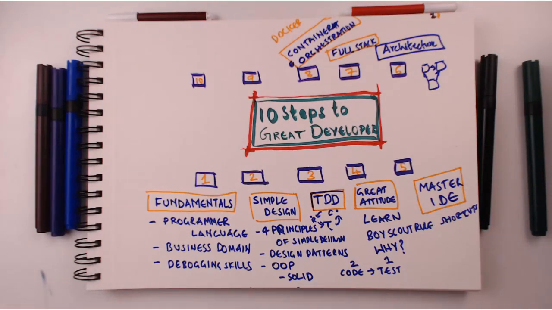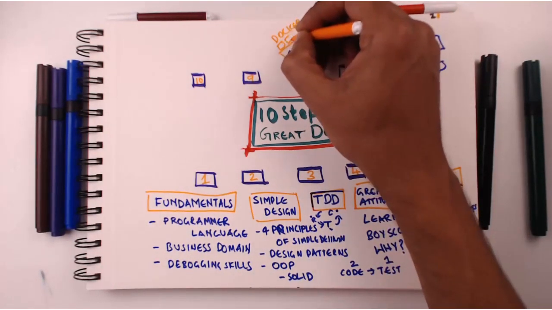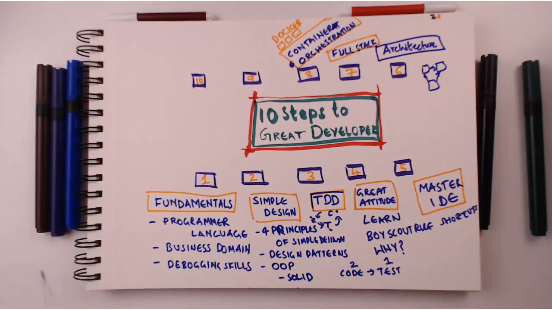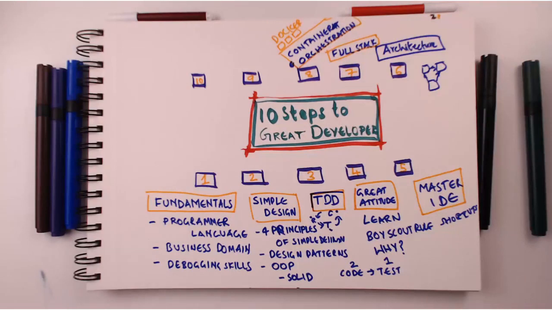So Docker helps us to create easy, simple boxes. Whether it's a Java application, whether it's a Python application, you can create very, very simple boxes which can be taken and put onto a ship. And who manages the ship? The ship is managed by the container orchestration tool, which is Kubernetes. In a microservice architecture, let's say I have 5 different microservices, 50 different microservices, or 500 different microservices. You don't want to manage them individually, and that's where container orchestration comes into the picture.